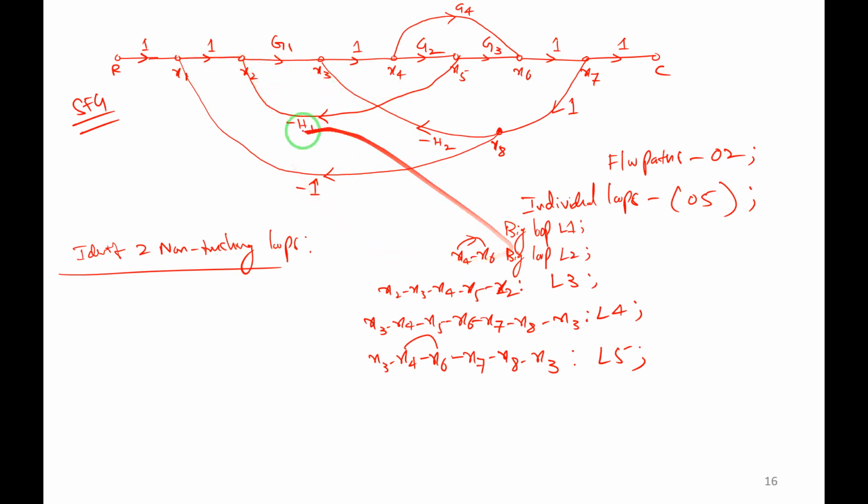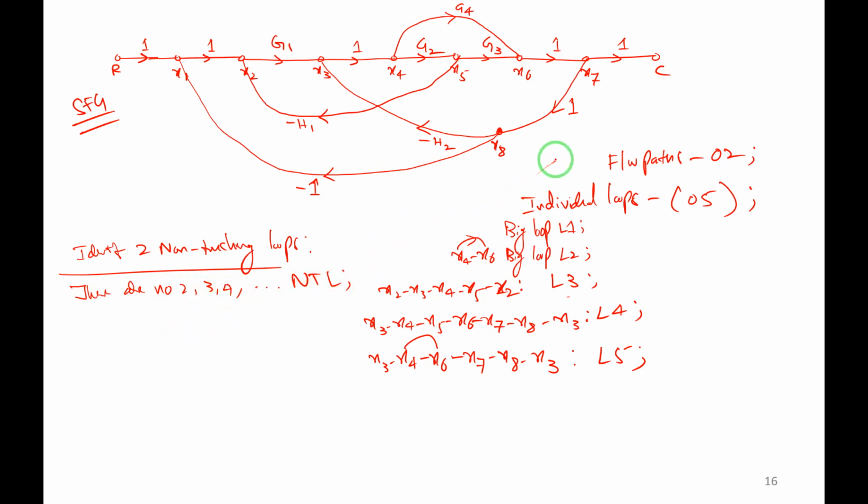So you have identified 5 loops. Whether the loops are touching each other or not. Are there any loops which are not touching each other? Loop 1 and 2, loop 1 and 3. Just check it. Very big loop. Here there are no 2 non-touching loops, because all the loops are touching each other. See here, if I take this big loop, loop 1 and 2 are touching. If I take this loop, yes, they are touching each other. So there are no 2, 3, 4 and so on non-touching loops. They are not present. Right? I hope you are getting it.